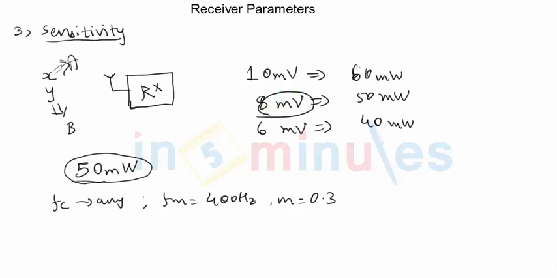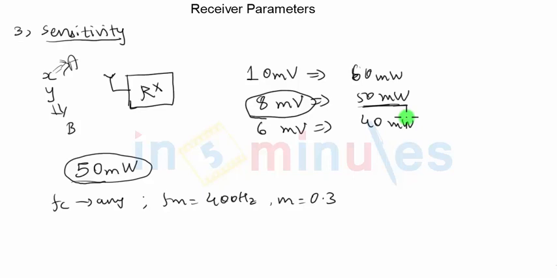This simply means that any AM signal that will be received by the receiver must have at least 8 millivolts of amplitude. Only then it will generate the power of 50 milliwatts, and that power will be sufficient to generate the final output signal. Any amplitude greater than 8 millivolts will very much generate the final output without any problems, but any amplitude less than 8 millivolts will not generate enough